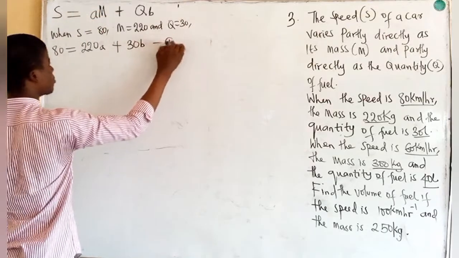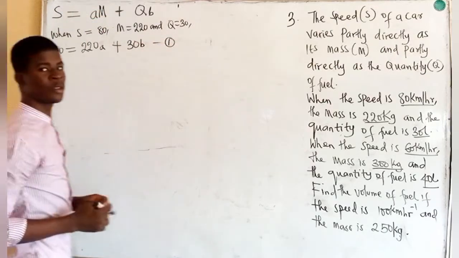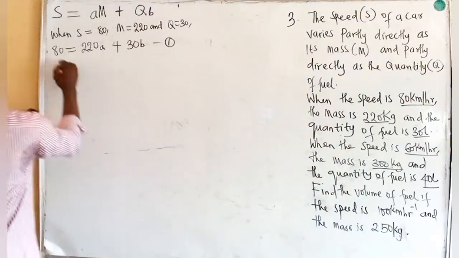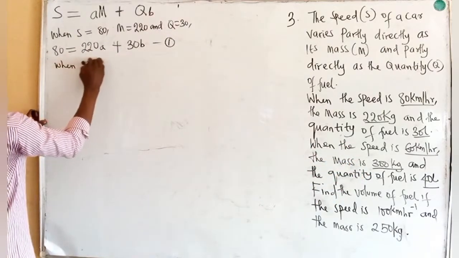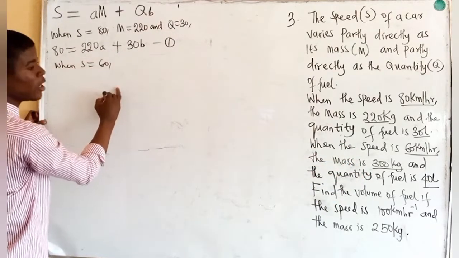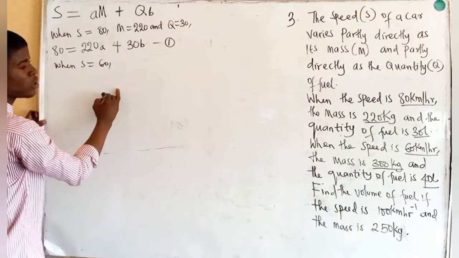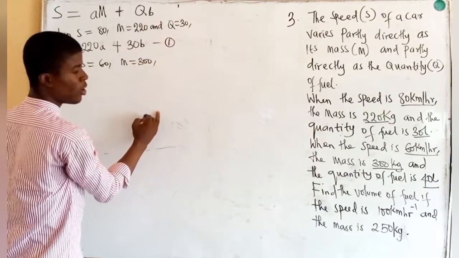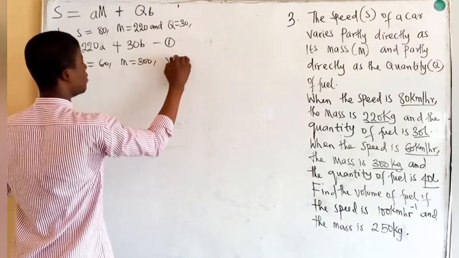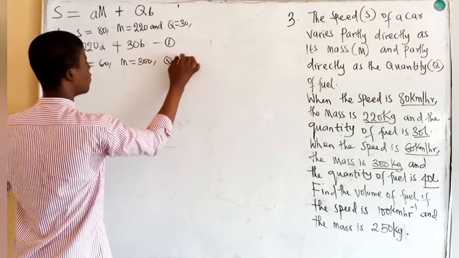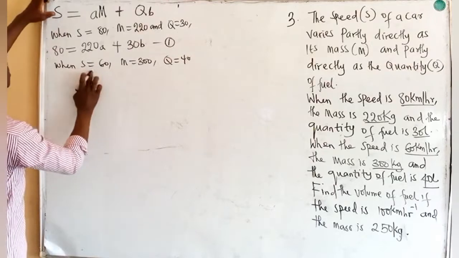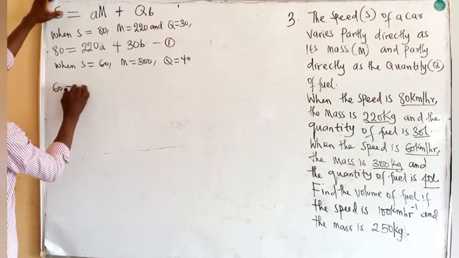Equation 1. This one is going to be a little bit difficult. When the speed is 60 km per hour, that's when S is equal to 60, and the mass is 300 kilograms. The volume is 40 liters, Q is equal to 40 liters. So let's substitute. S is 60, 60 is equal to